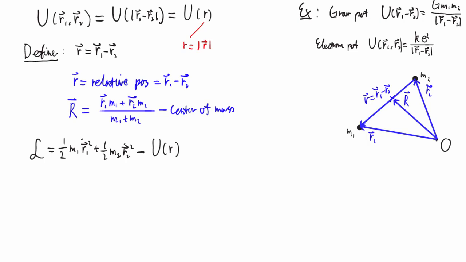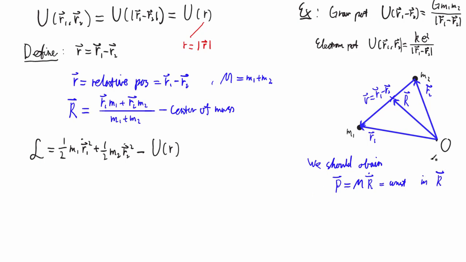So we should be getting, if everything is working okay, and here I also define one other thing, capital M is M1 plus M2. So this is what we should be getting